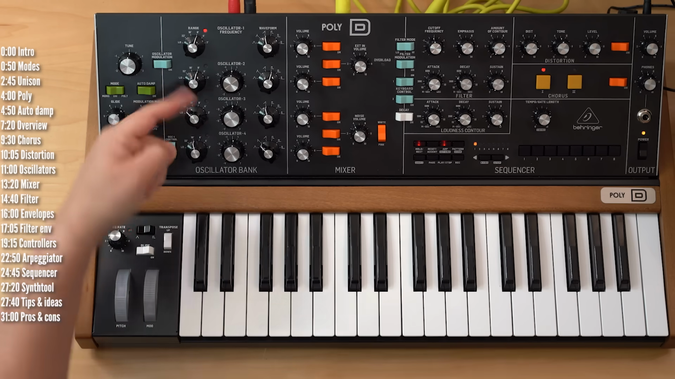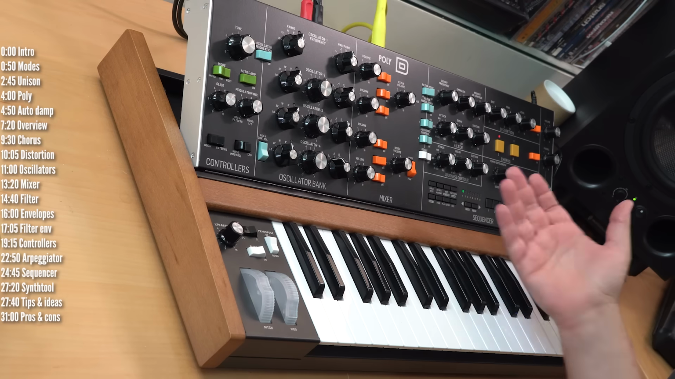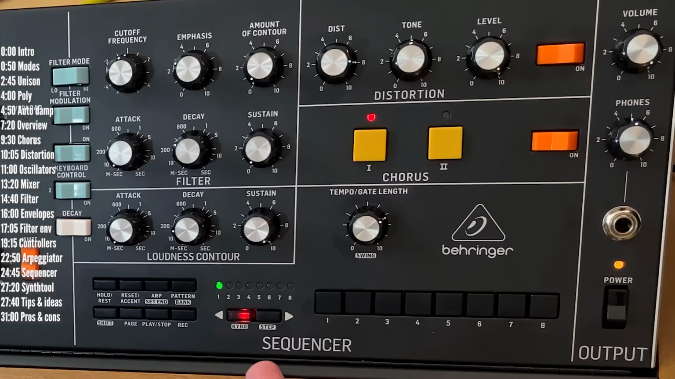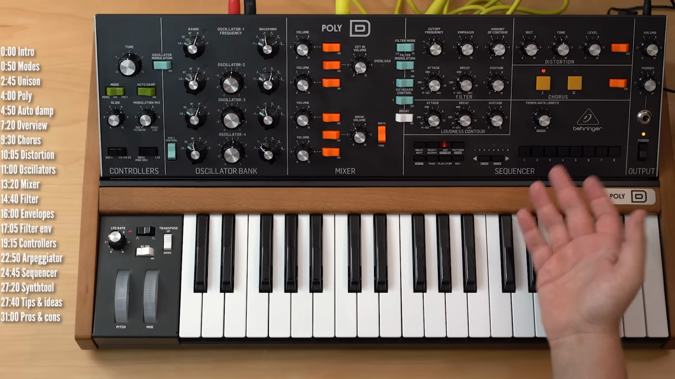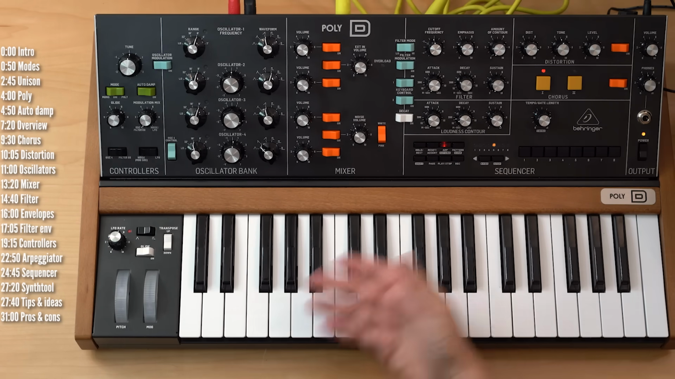Yeah, this round robin functionality of the arpeggiator is pretty neat. So that's the arpeggiator. Poly D also has a polyphonic sequencer built in with up to 32 steps per pattern, and you can store 64 patterns in 8 banks of 8 patterns. Fairly easy to use and also identical to Behringer's other sequencers, so if you're familiar with them, you'll feel right